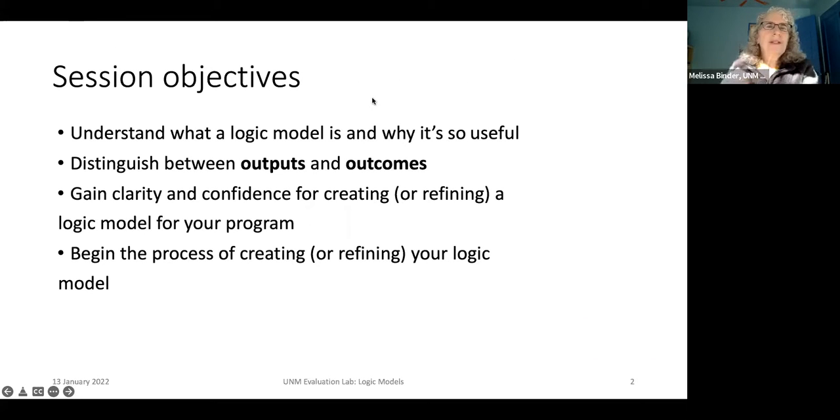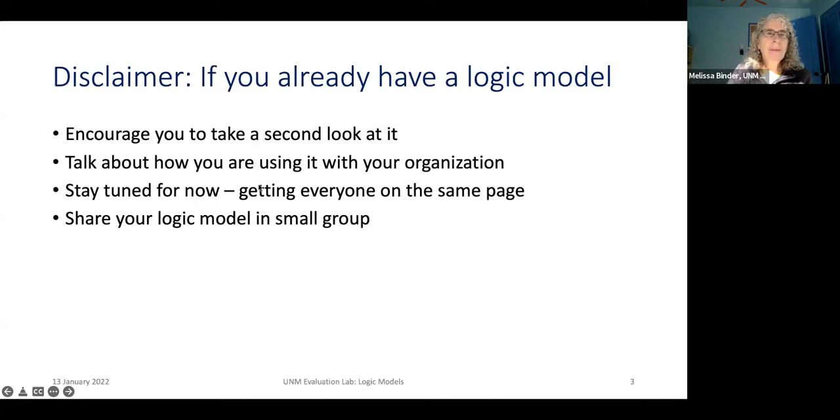The objectives of the session are to understand what it is and why it's so useful, to distinguish between outputs and outcomes, which is an important distinction, to gain clarity and confidence for creating or refining a logic model for your program, and to begin the process of creating or refining your logic model. We don't expect people to have logic models, but if you do, this is a great opportunity to revisit it.